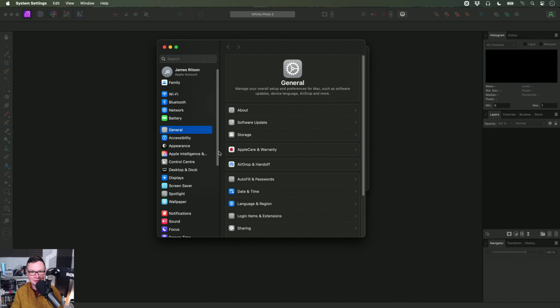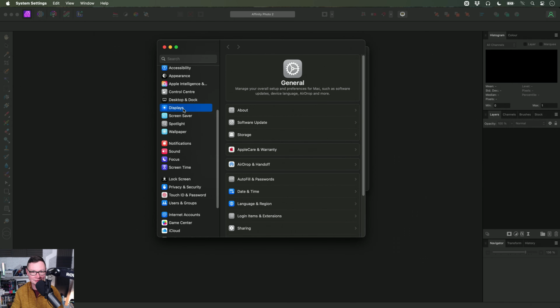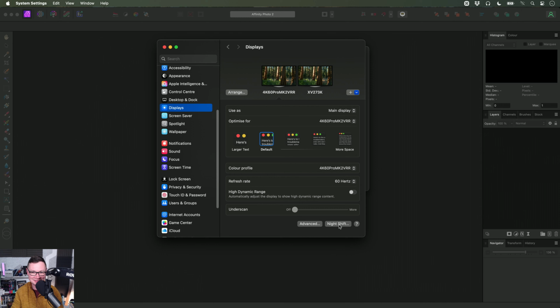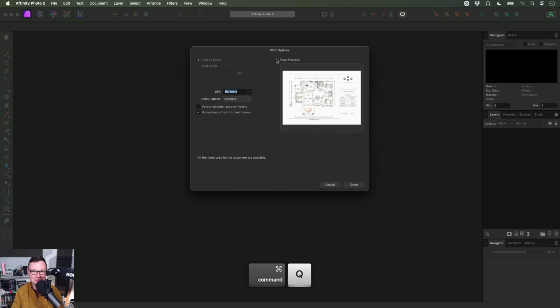Before I go any further, I think I might need to turn off night shift. Night shift is just coming on. I'm not sure if that actually affects my capture card output, but I'm going to turn it off just in case it does and everything looks a bit beigey or yellow. Okay, where was I? Sorry. So,